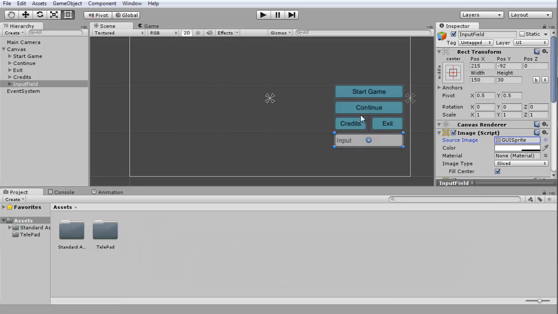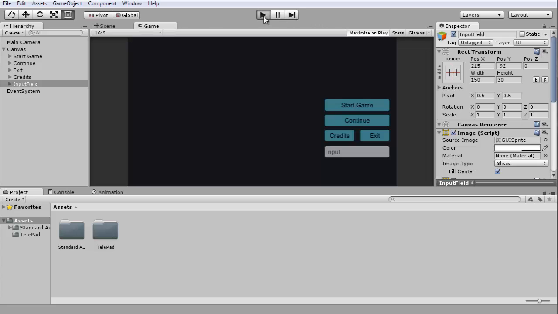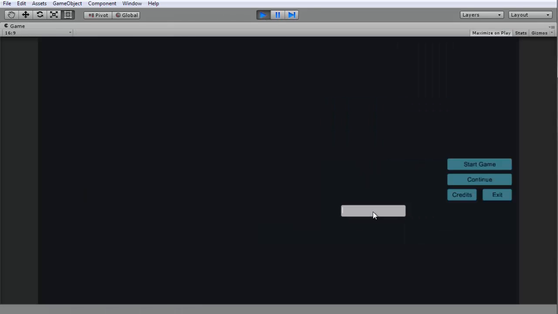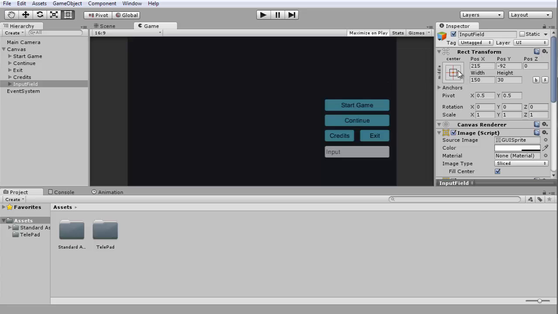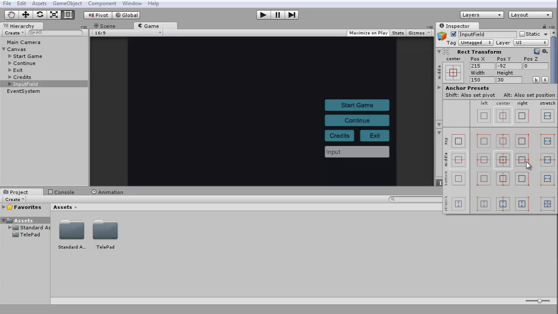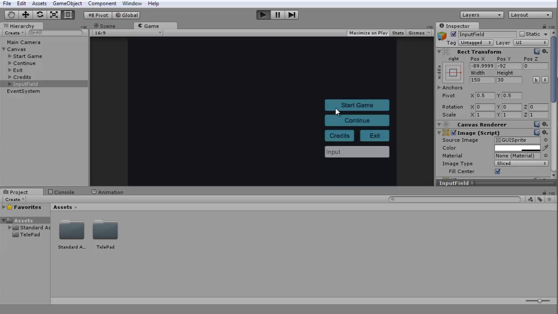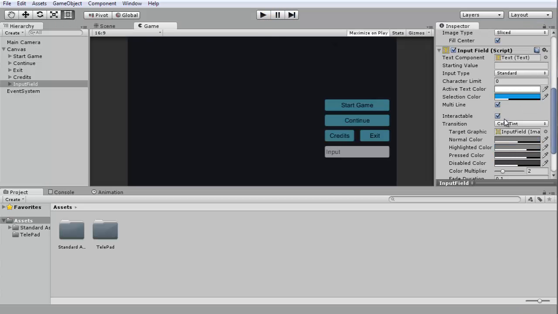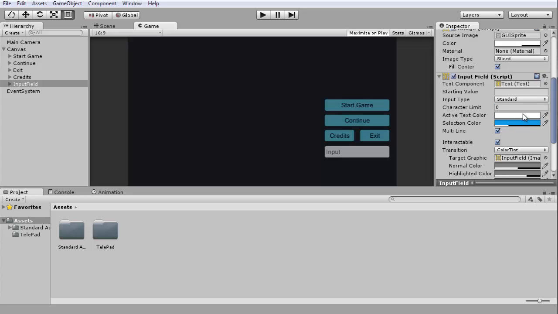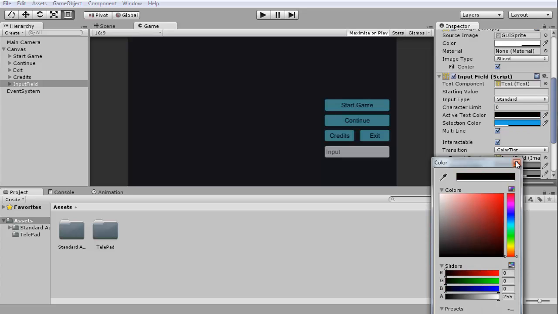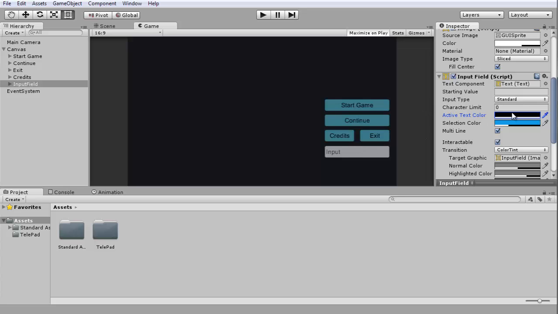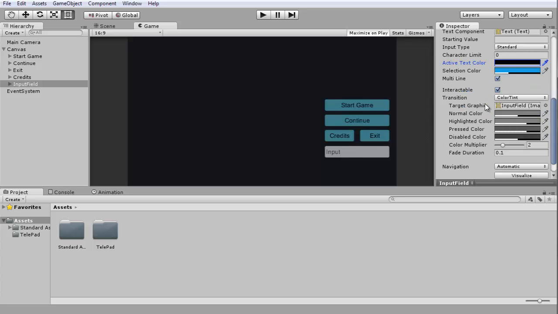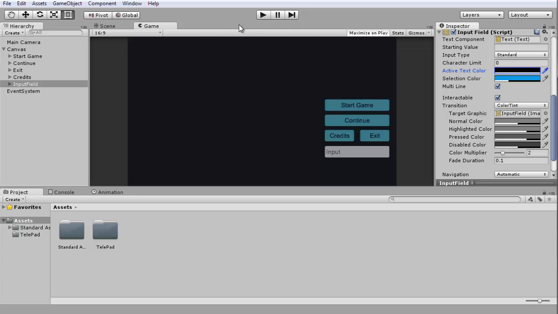Now let's go with this one. So now if I go to here, you can actually see there's an input field. Whoops, I forgot to center it on the right side. Yep. Okay, now it should be better. Yeah, and you can actually input stuff here. I should probably change the color of the text. Let's do that real quick. Change it to black so there's a bit of difference. Okay, so I'm gonna leave all of this the same,